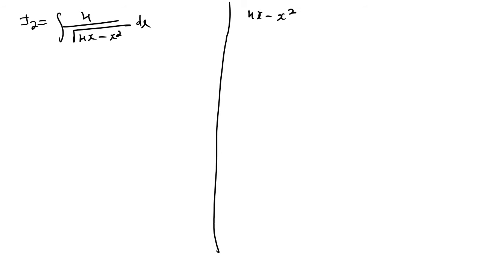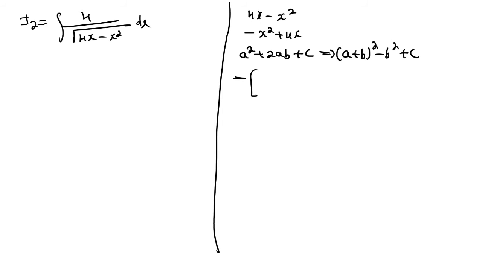4 divided by square root of 4x minus x square, or you can write it as minus x square plus 4x. So what you have to do, you need to write it in a square plus 2ab plus c form. Then you need to rewrite it as a plus b whole square minus b square plus c form. So keeping minus sign outside, let's see, x square plus 2 into a is x. Then how to get 4x? You need to multiply, in place of b you need to take 2. So x square plus 4x will get, plus c value is equal to 0. Here no c, constant term, right? c value equal to 0.